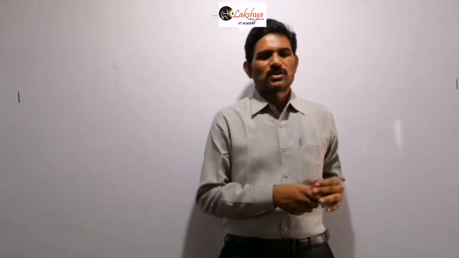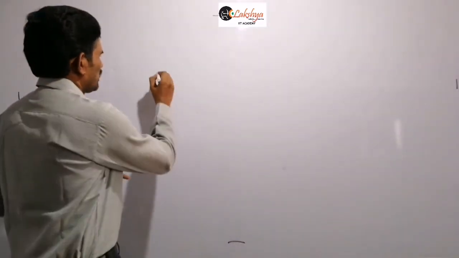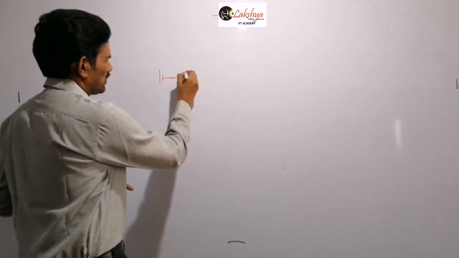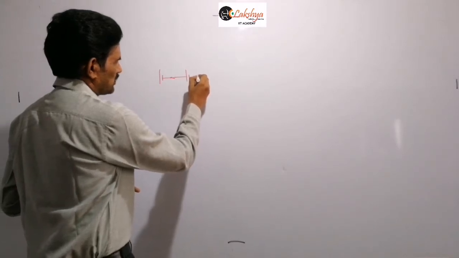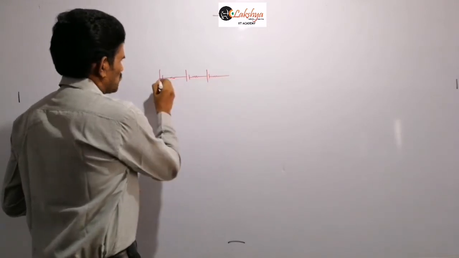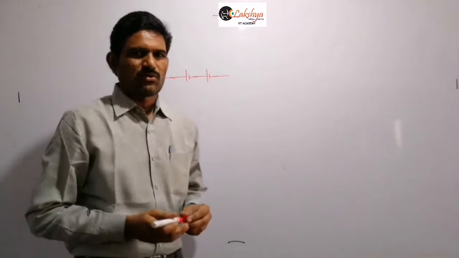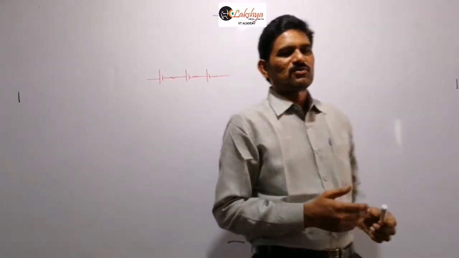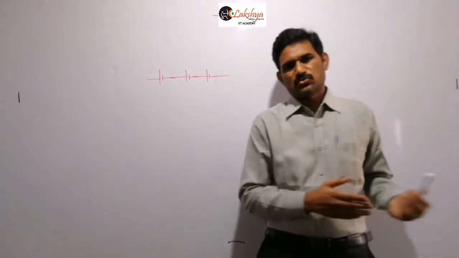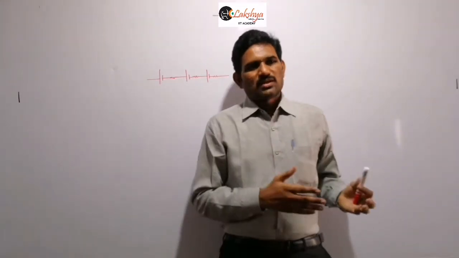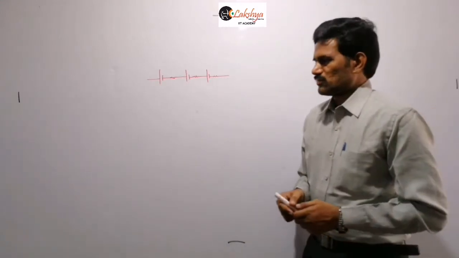So first of all, series combination means the negative terminal of one cell is to be connected to the positive terminal of the next cell. So this is the negative terminal of one cell, and it should be connected to the positive terminal of this next cell. Similarly, the negative terminal of this cell should be connected to the positive terminal of the next cell. If the connections are like this, then we call that a series combination, right? And when cells are connected in series, the effective EMF will be equal to the sum of the EMFs of the individual cells. Like if these are cells of EMF E1, E2, E3 and so on, then we can write E1 plus E2 plus E3 and so on, right?